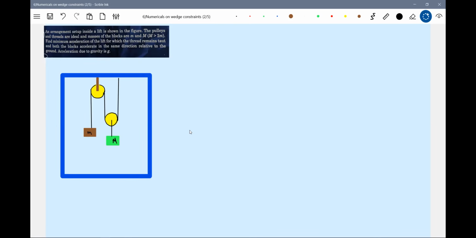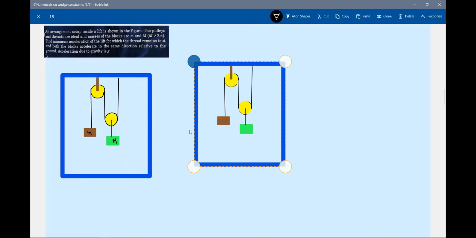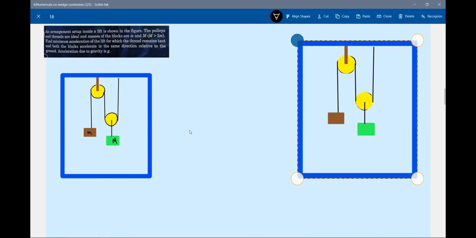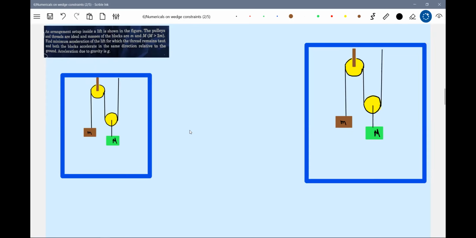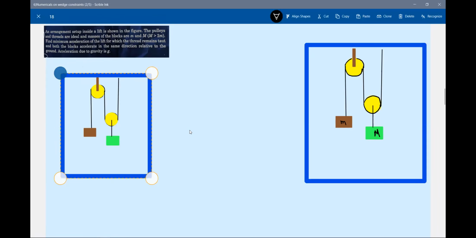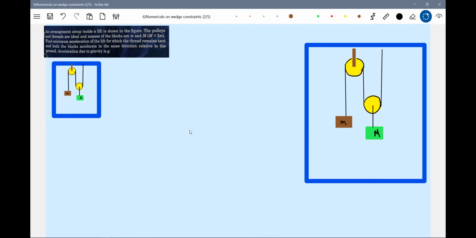Both should accelerate up. What are the conditions? What is the minimum acceleration? That word minimum we also have to justify. Okay, read the question. I'll set the diagram. Okay, I think this will be sufficient. Now looking at this diagram,